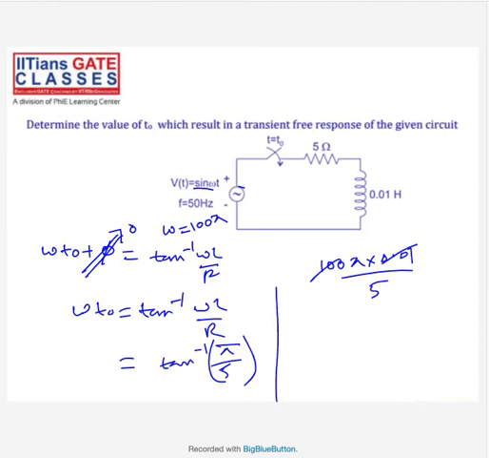So this will become 100 pi into T naught is equal to 88.4. So T naught is 88.4 by 100 pi. Here the pi value will be 3.14 or 22 by 7, and here it is 180 degrees. You have to understand this, many people make this mistake. You'll get 0.28. So when you switch at that particular time, there won't be any AC transients in the circuit.